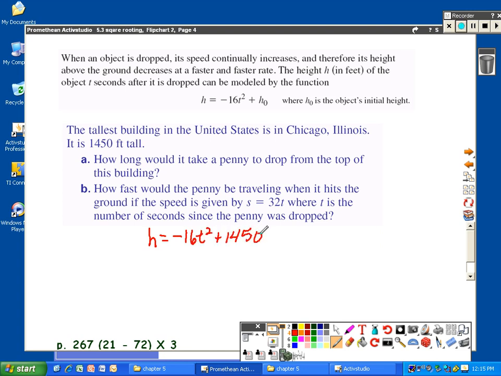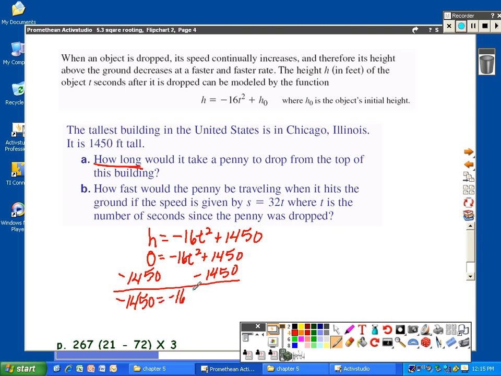And I want to know how long it will take to drop. So that means when it hits the ground. So my h distance is 0. Or I am finding my zeros. So in this case, h would act as y. So this would be 0 equals negative 16t squared plus 1450. Subtract 1450. Negative 1450 equals negative 16t squared. Divide by negative 16. T squared equals,